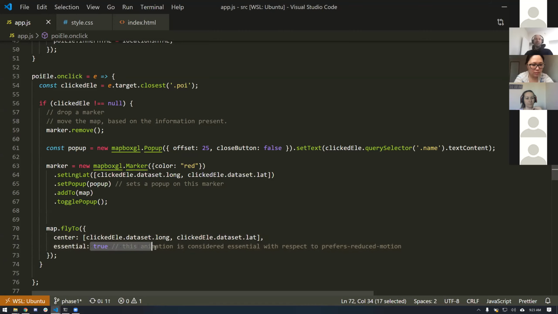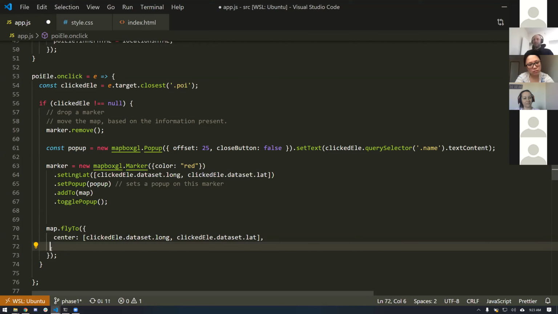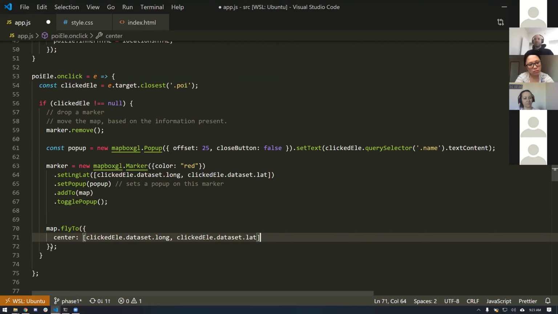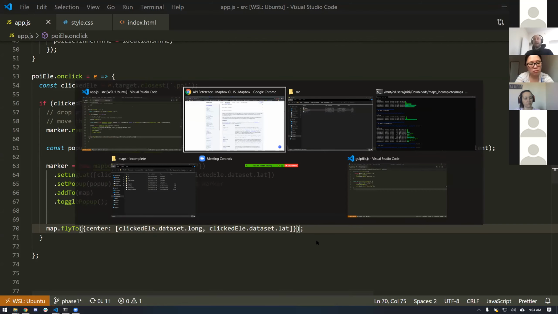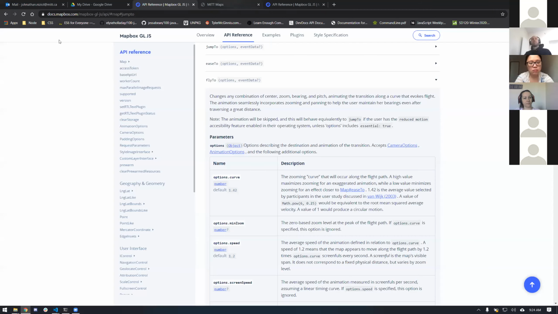And I'm keeping this in because it says this animation is considered essential with respect to the prefers reduced motion. I don't know what that means, but it sounds pretty important. Essential, true. We'll probably remove it. And then essentially all we end up with is an array, center, and then the location. So now, when we try this one more time,